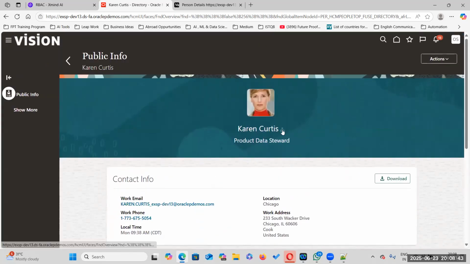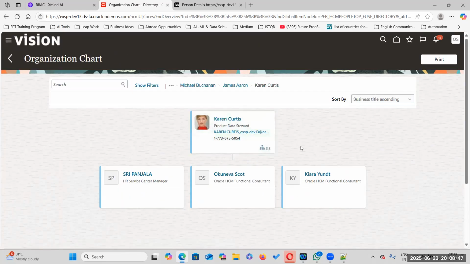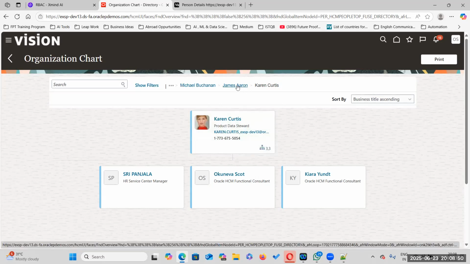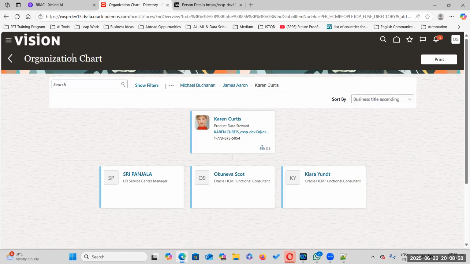You can go back and click here. Is this the same organization structure where we made the job or grade ladder? No, this is different. This organization chart shows to whom this particular employee is reporting. Suppose you are an employee and you want to know who your manager is. The grade ladder is different. This is a simple organization chart where you can see who is your manager, and who is the manager's manager, and so on.